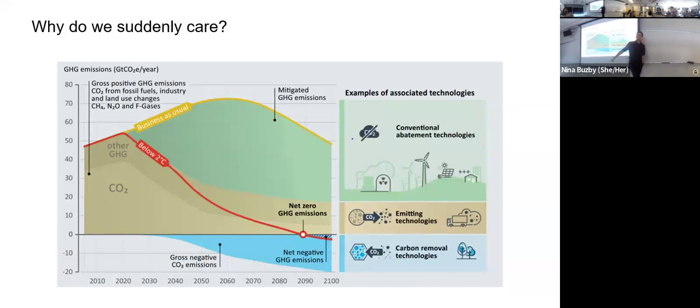And then it's a projection into the future of what our net emissions are going to have to look like in order to keep planetary warming below 2°C. And then they've carved up the future part into 3 different components. And here they're saying in the green